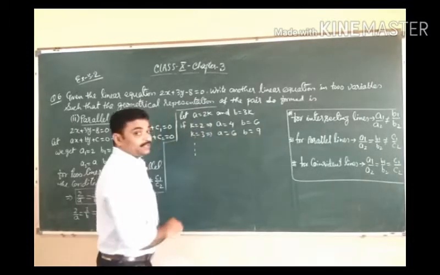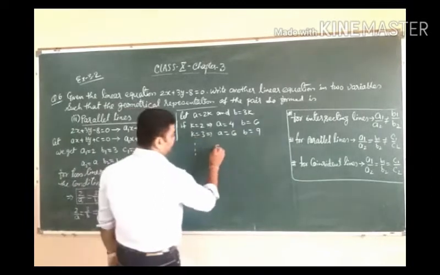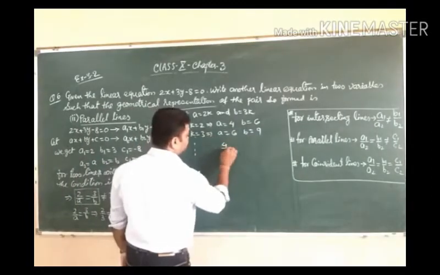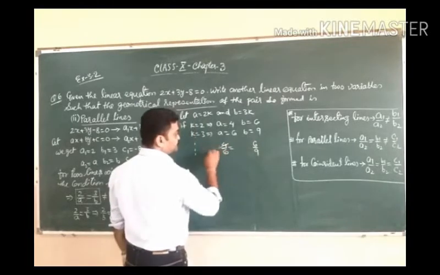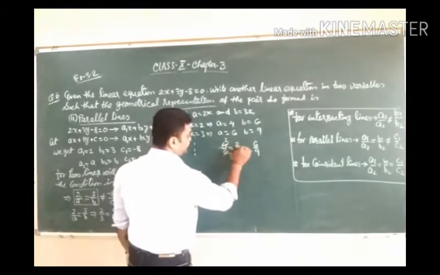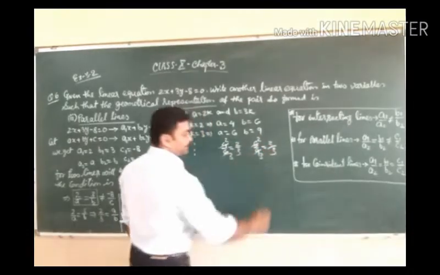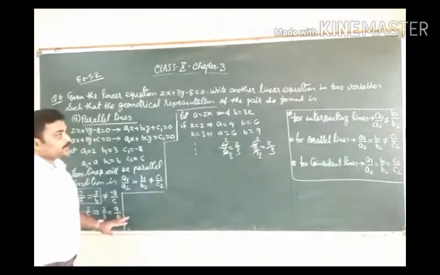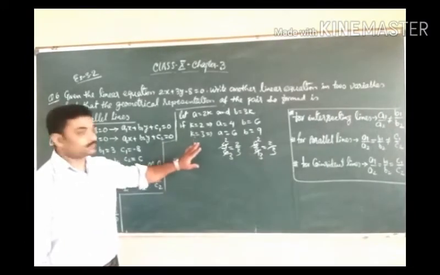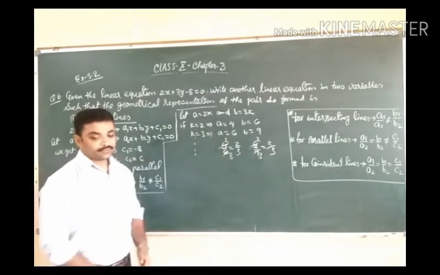Similarly, we can take any value of k such that we will get a1 upon a2, that is 4 upon 6 and 6 upon 9. And the resultant, that is 2 upon 4, 2 upon 6, we will again get 2 upon 3, 3 upon 6, 3 upon 9, that is 2 upon 3. We again get 2 upon 3. Clear? So, we can write any value of k for which a1 upon a2 we will get correspondingly.